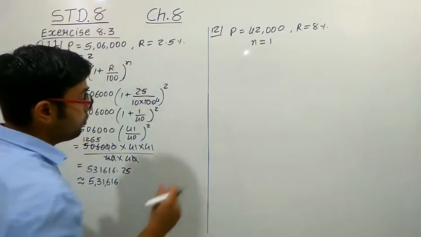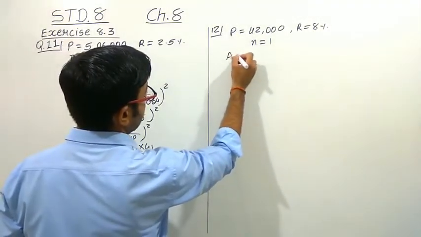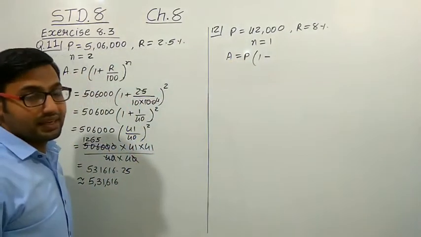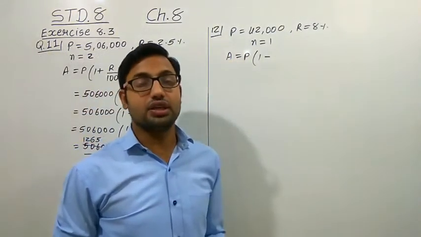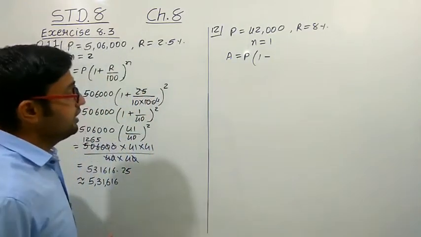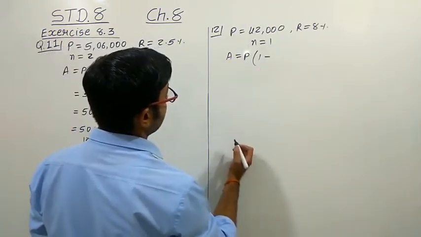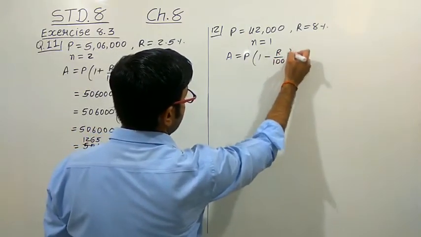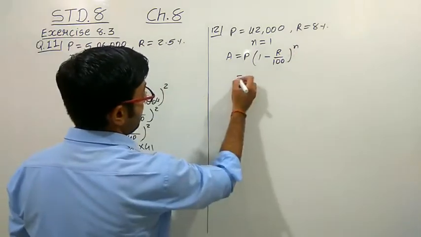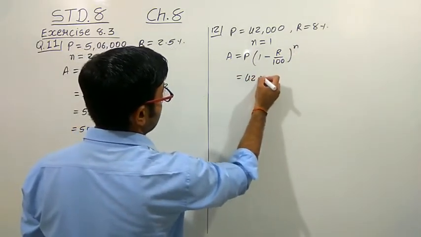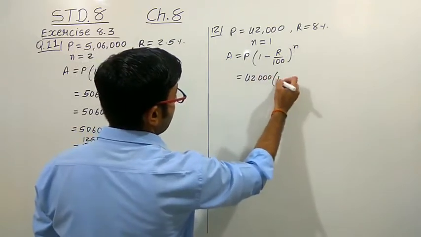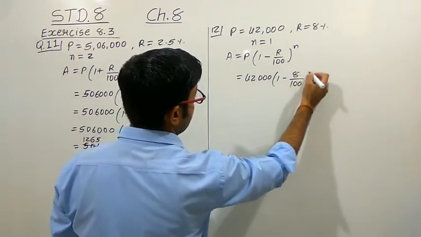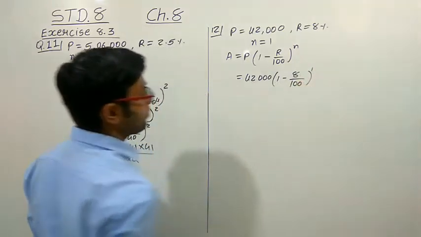So here the value of the scooter is depreciated. Now we have to use this formula A is equal to P times 1. Now we have to consider the minus sign here because the value is decreasing, right? Whatever the value of the scooter is, it is getting decreased. So here we have to take the minus sign, right? All other things will remain as they are, r upon 100 raised to power n. So now the amount is 42,000 times 1 minus rate of interest 8 over 100. Now we have to take n equal to 1.